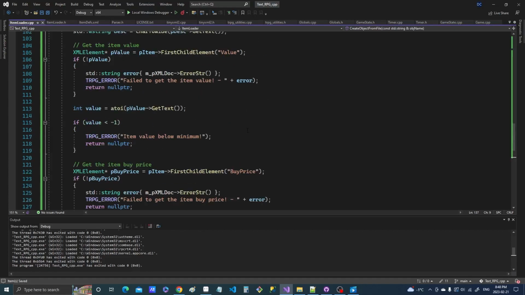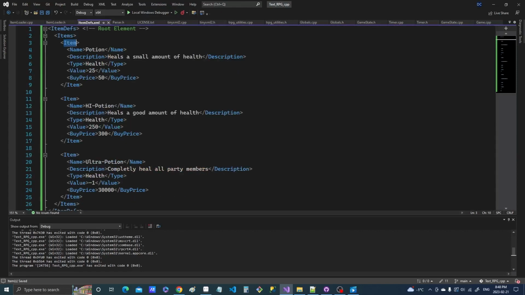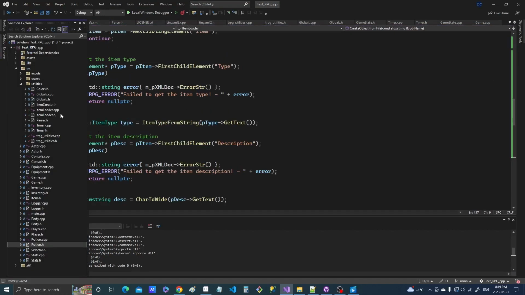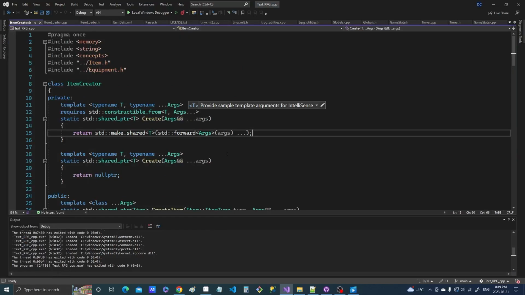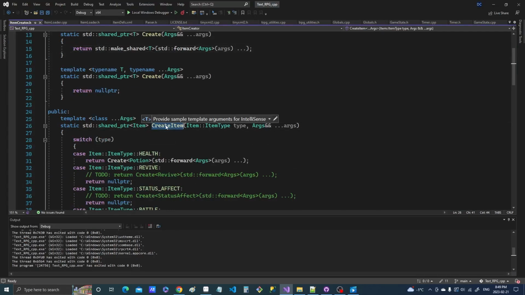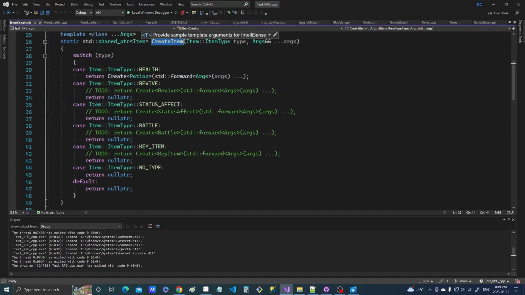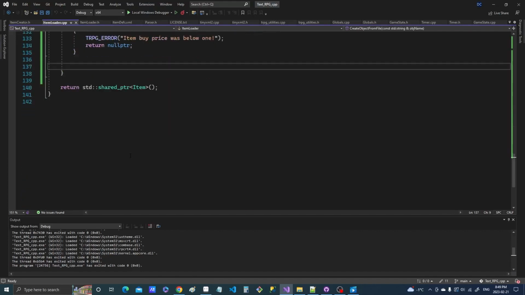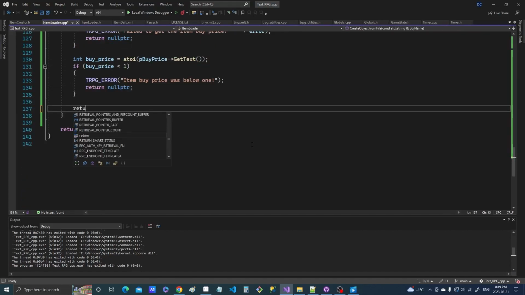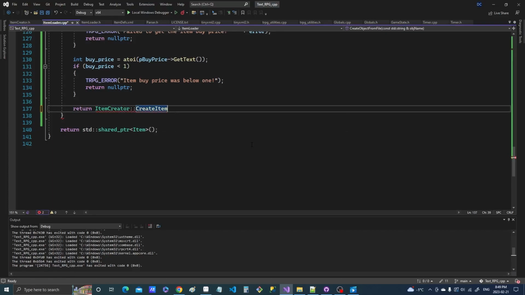We have our name. Let's go back to our defs. So we have the name, description, type, value, and buy price. So we can now use, if you remember, we have the item creator. We can use this here, the create item. So we only have the one, which is the potion. So let's go back here, and we can just return that. So return item creator, create item, and that is our type,